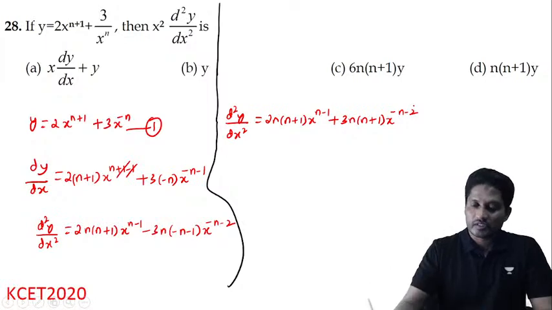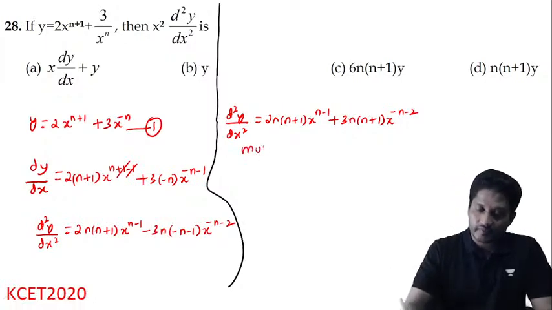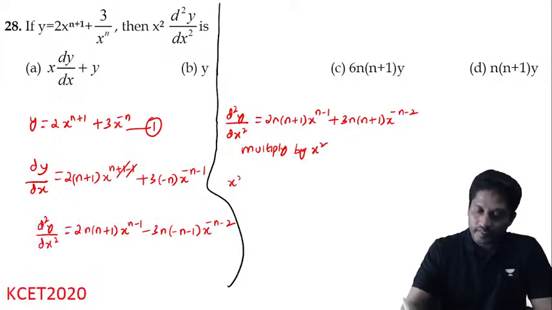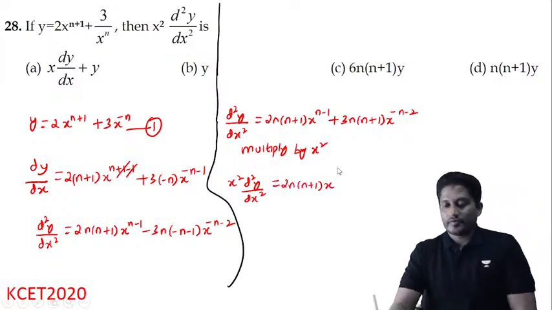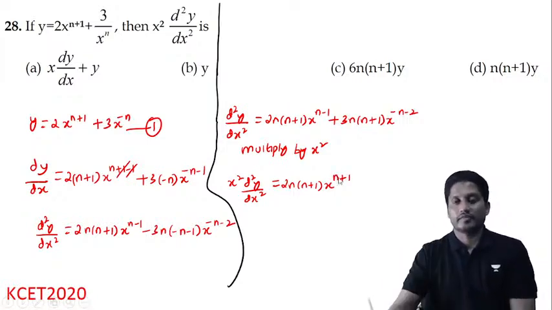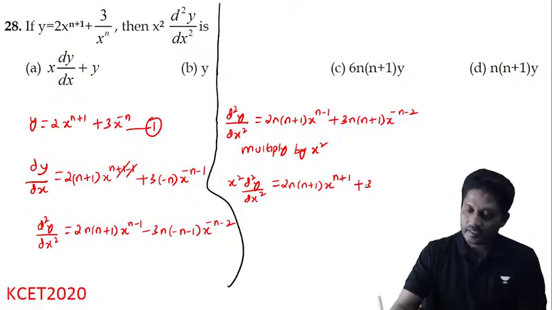I want x square into d square y by dx square. If you multiply throughout by x square, you will get x square into d square y by dx square is equal to 2n into n plus 1 into x to the power of, if you square, then this will be n plus 1. Add the powers, n minus 1 plus 2 will be n plus 1, plus 3n into n plus 1 and x to the power of